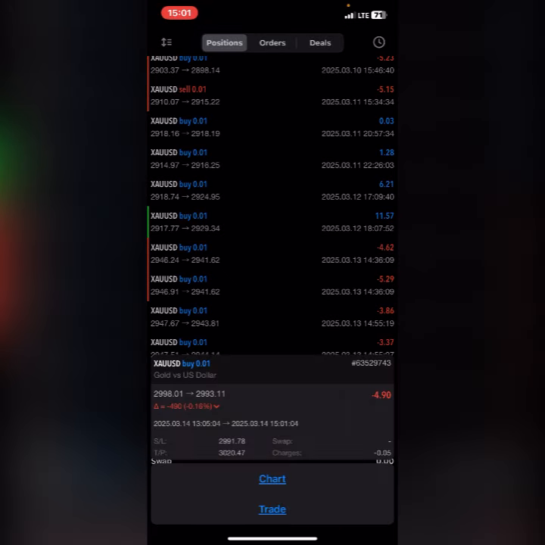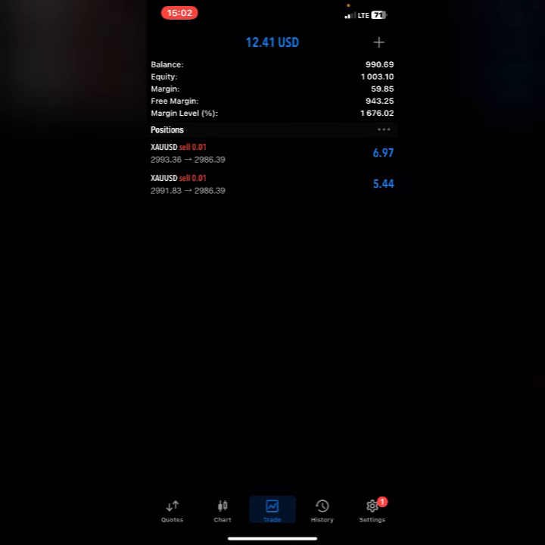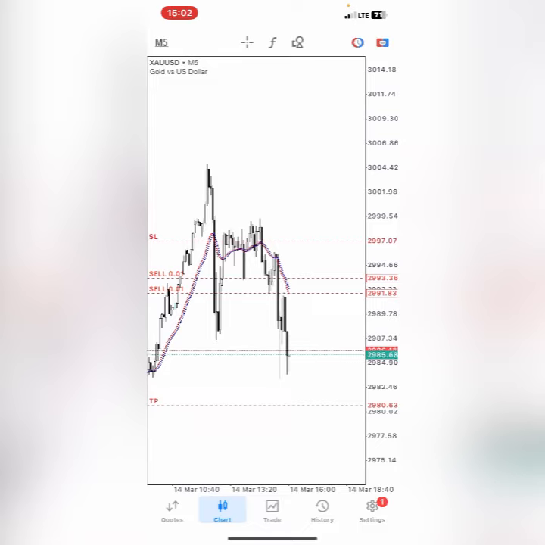As you can see, it was 0.01. I've been using 0.01 twice, right? Now this trade I took, I used 0.01 twice also, right? As you can see, 2 positions. So this is going to be the last trade for today. That's the max I can go, and hoping it's going to hit TP soon.